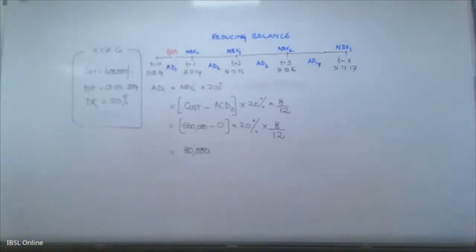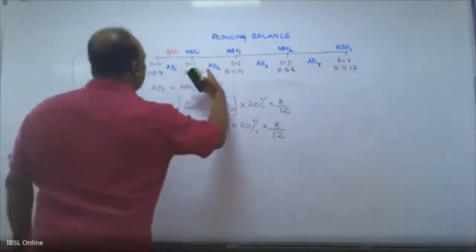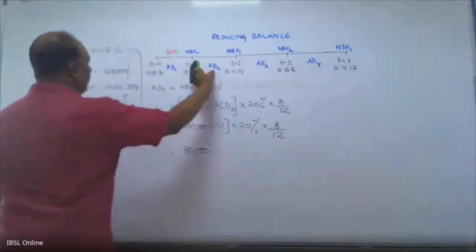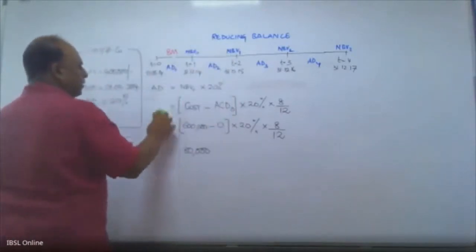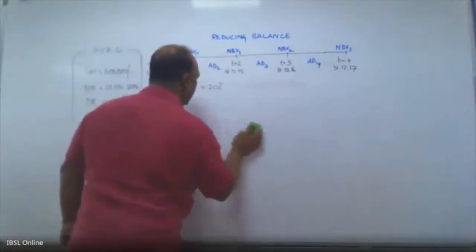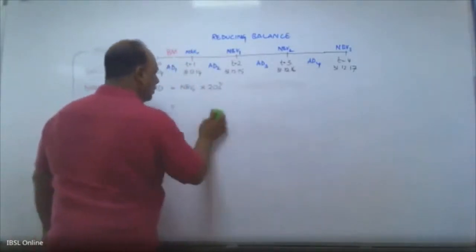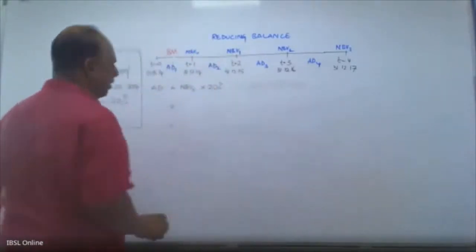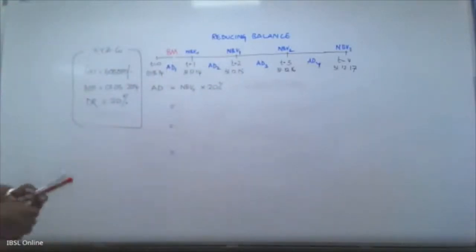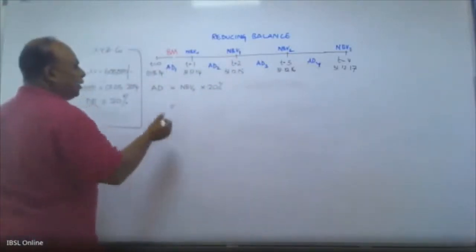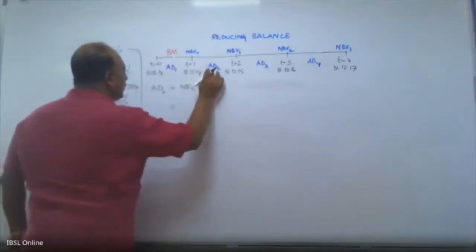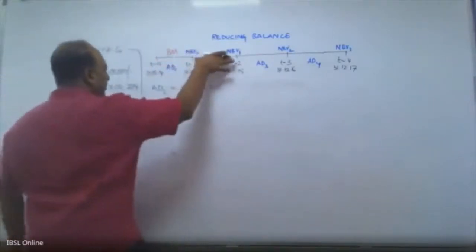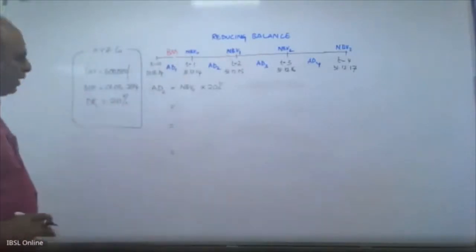Now let's go to the depreciation pertaining to the second financial year. Second financial year, that is for this period. Okay. Right. Now this you have to understand clearly. There is no confusion. It is for 12 months, so you don't have to worry. Now, accumulated depreciation 2, oh sorry, not accumulated, annual depreciation 2, that is for this period, will be equivalent to the